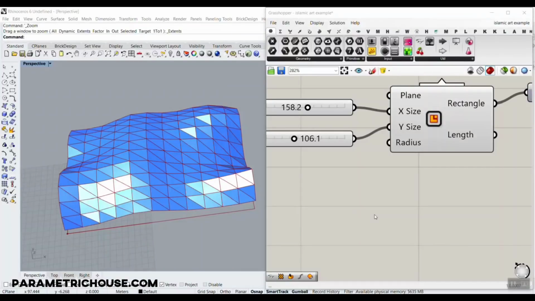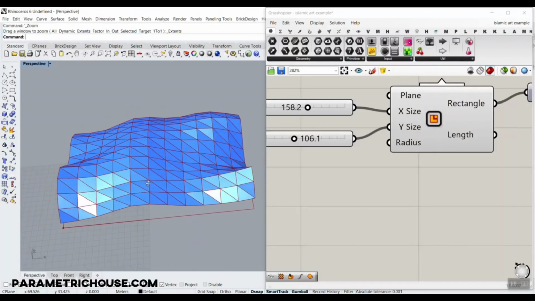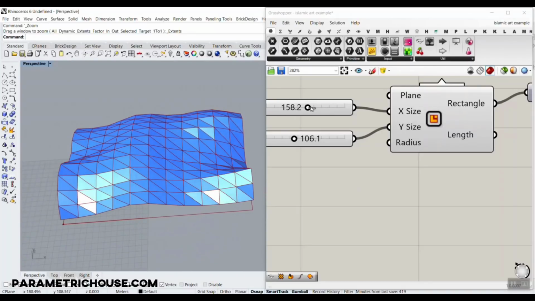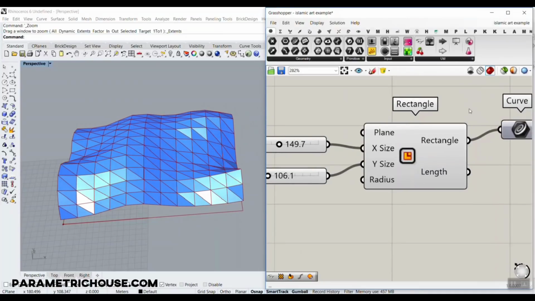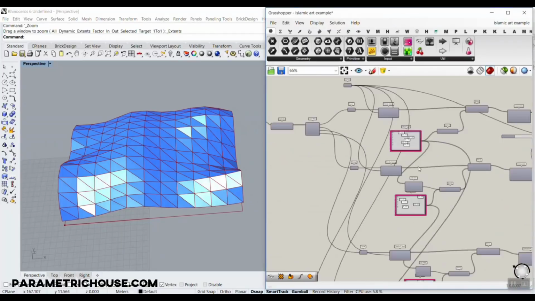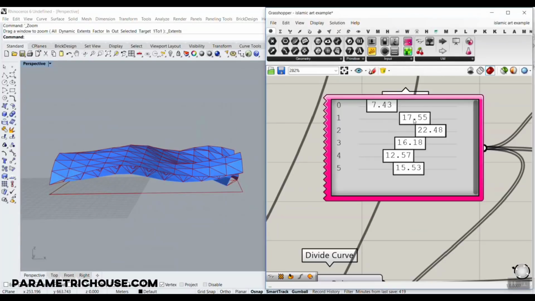In this Grasshopper tutorial, we're going to study the Islamic Art Museum at Louvre. So basically, we're going to talk about the plan. You can see that I can change it here, the size of the rectangle, basically, which produces the surface. Then we're going to make a network of surface and explain how we can change the form. So you can see that I can change this form based on moving some points, which I will explain in